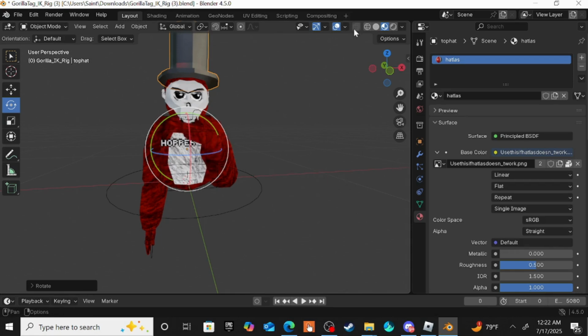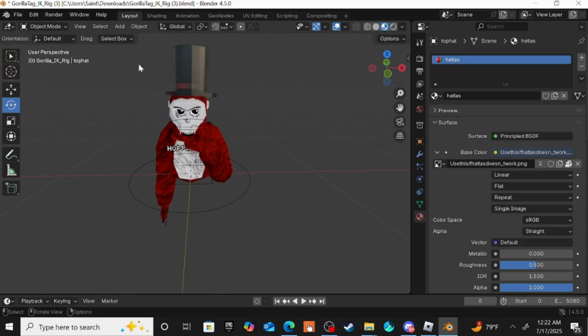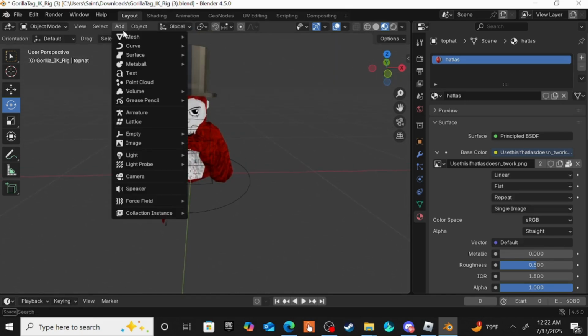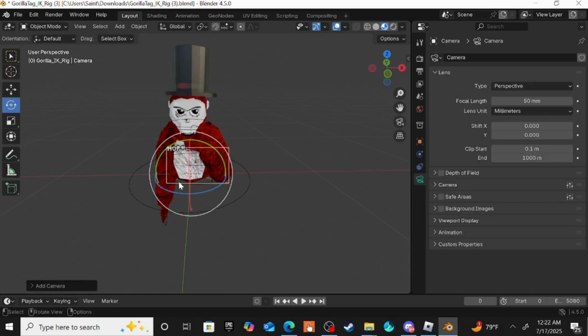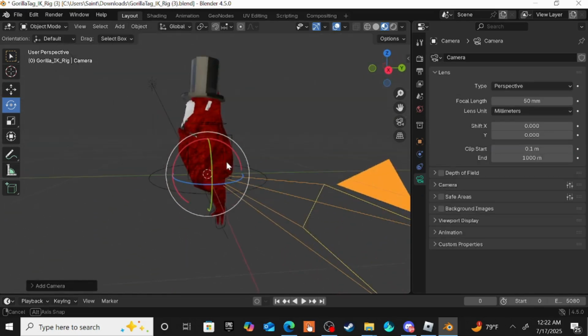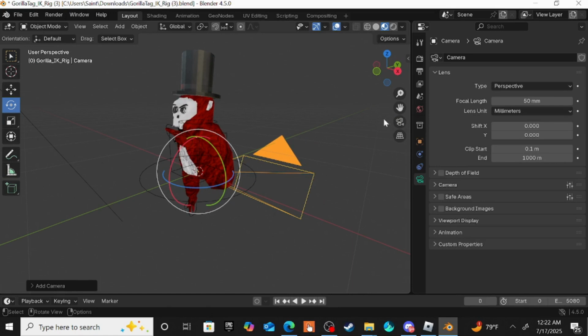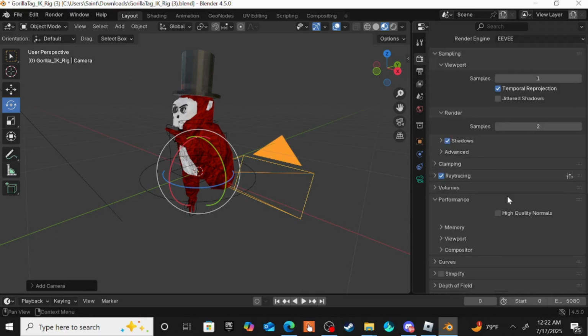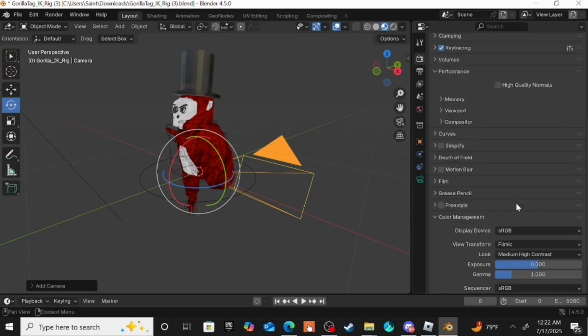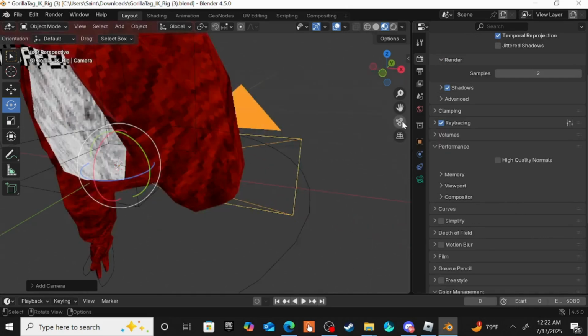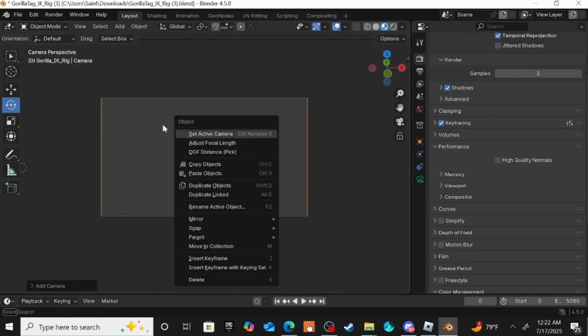I posed mine like this. Now, if you want to see what it looks like, we're going to click add. We're going to scroll down and you see camera. Now that we have the camera, we're going to come down here to, I'm pretty sure, render. No, it's not on render. It's, click on the